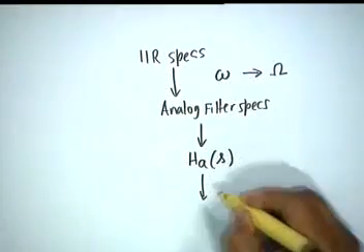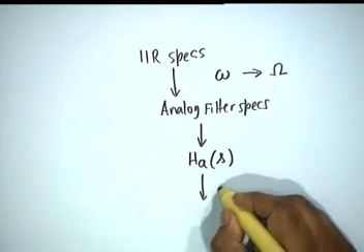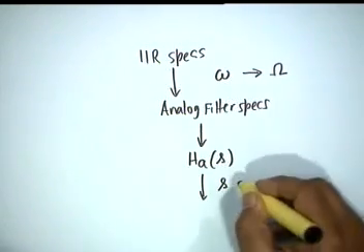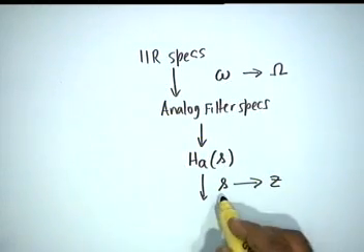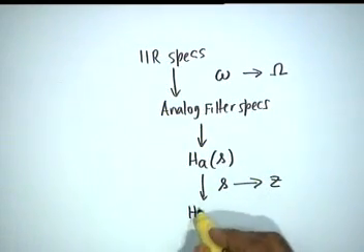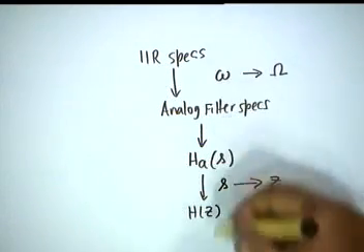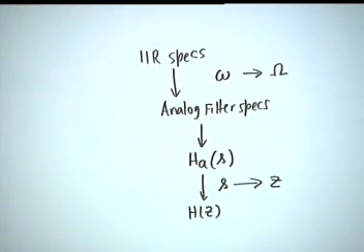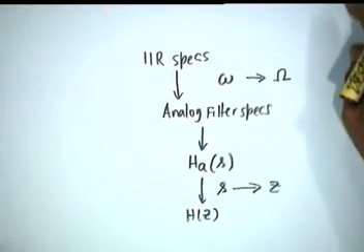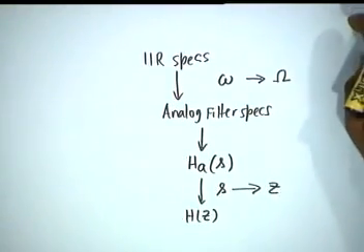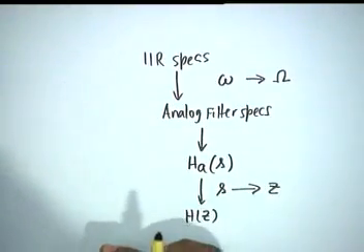So, you design an H_A(s) and then apply another transformation to go from the small s to the Z domain to obtain an H(z). This is the route that is followed for IIR analytical digital filter design. One might ask, in this age of computers, when very large capability computers are available, why should